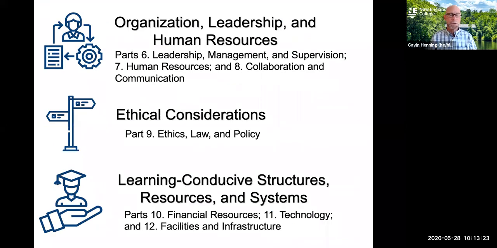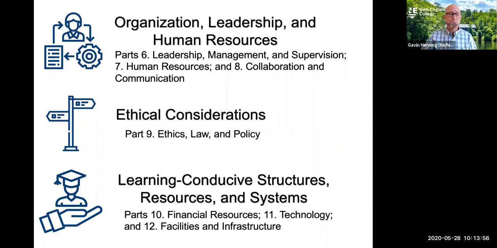Since people and resources are keys to functional areas, one of our key elements is organizational leadership and human resources. So what are those resources that are needed to support that work? And obviously we need to keep in mind ethics as well as laws and policies, and how do different laws and policies guide functional area work. And then finally, learning conducive structures. So really, what are those elements? What's that infrastructure that supports student learning,